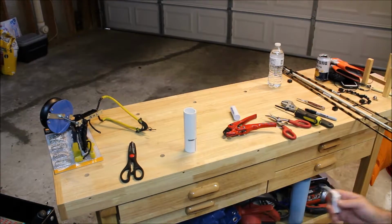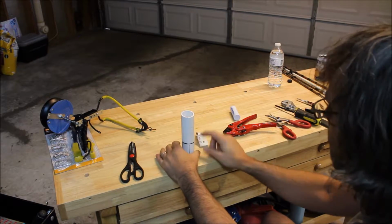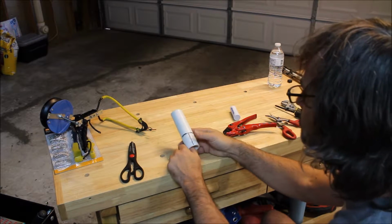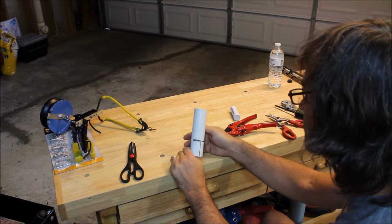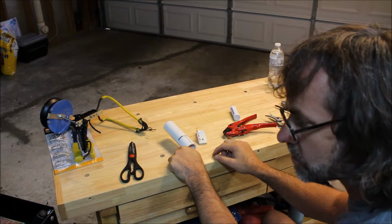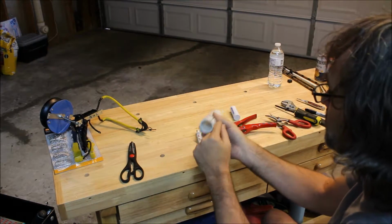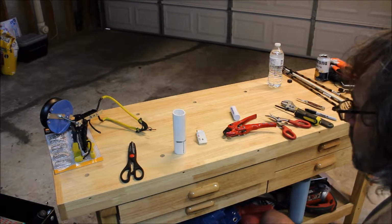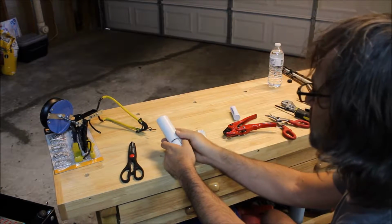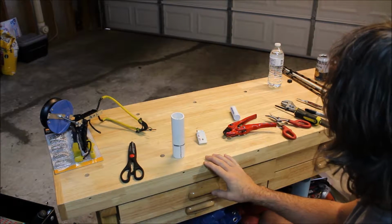Alrighty then. So what I've done is measured that, put it in the vise, and cut it with the hacksaw. What I think I'm gonna do now is heat this up, bend it, get it out of the way, and cut this, and then come up with what I need to do to mold this. I'm gonna have to probably trim it some, and then I'm going to have a larger circumference to make my arrow rest out of, and give it plenty of room,